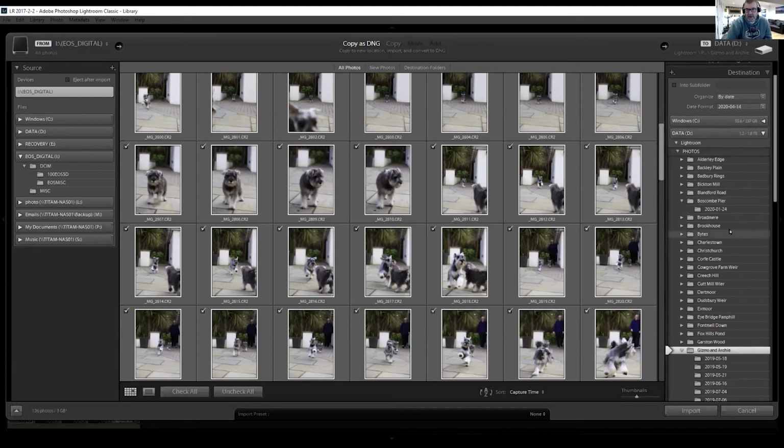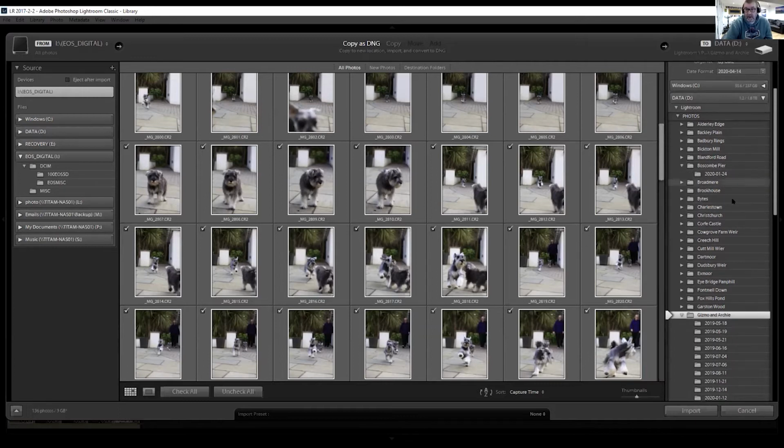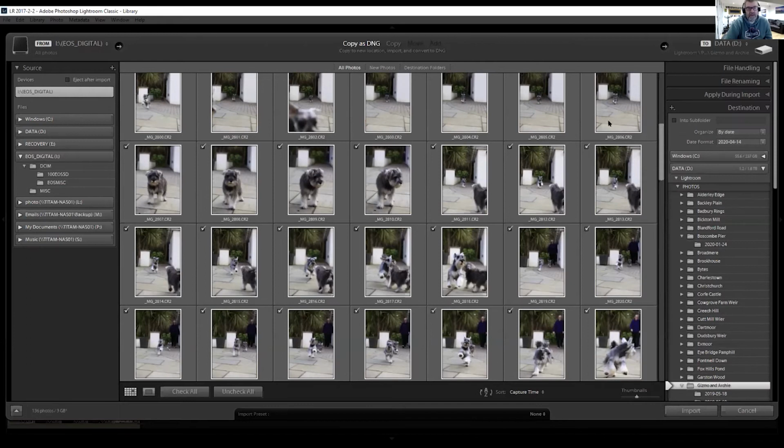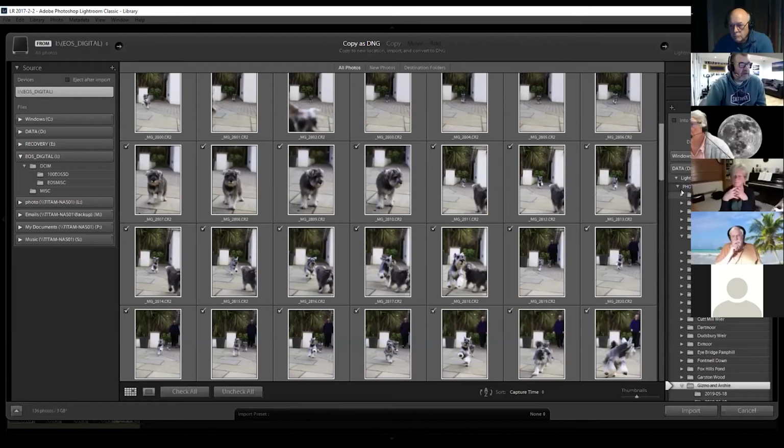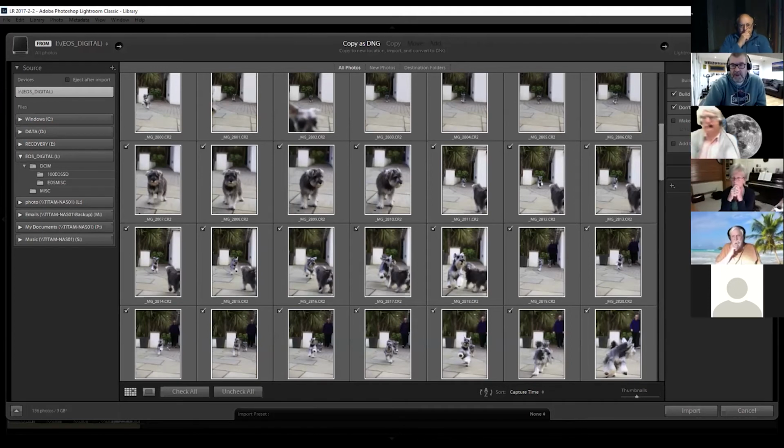But as I say, I'd like to keep it as simple and as flat a structure as possible, because it makes it easier for backing up and searching and finding things later on. So once you've done all of this, and the first time you use it, you'll have to go through and create your presets. But once you've done it once and set it up, you don't have to do it again. So it's worth, the first time, going through these and looking at each different one,